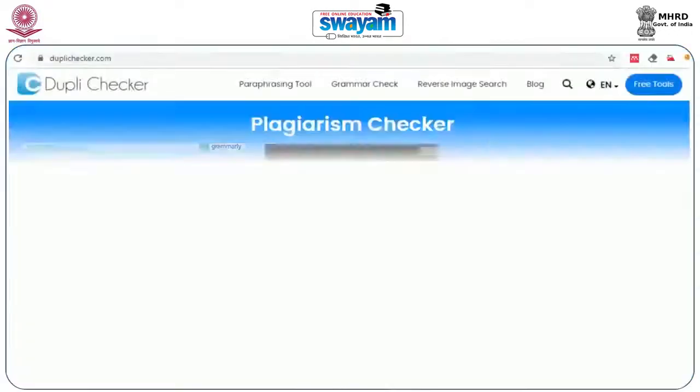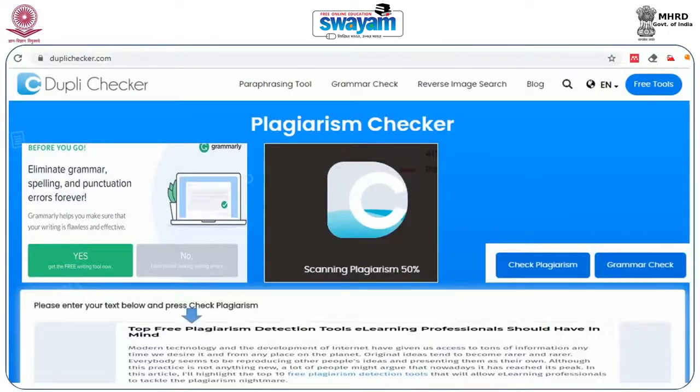Like you are seeing on the screen, one software is Dupli Checker. If you Google free online tools for plagiarism checking, you will get a list of all these software. One is duplichecker.com. Dupli Checker allows you some word limit, so you can check content freely with this free online tool for checking plagiarism. What you have to do with free tools is simply copy and paste your content in the search box available with the software, and they will generate a report for you.